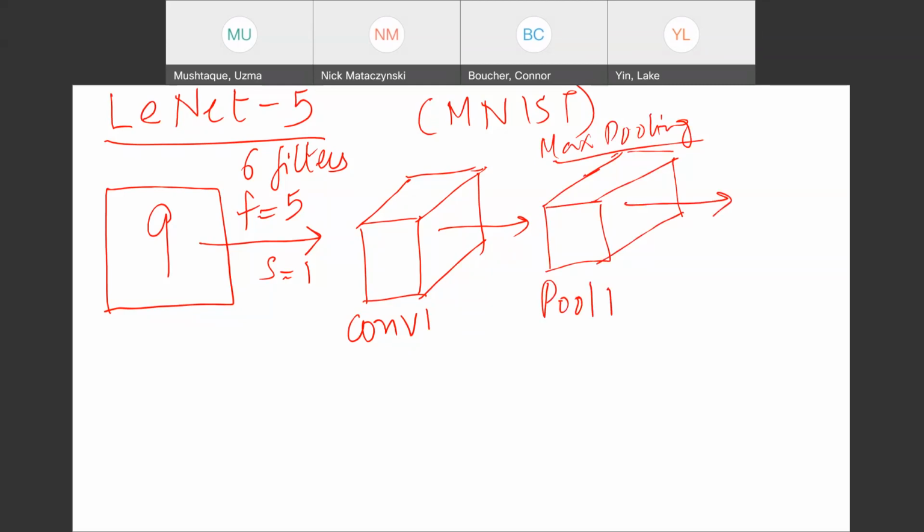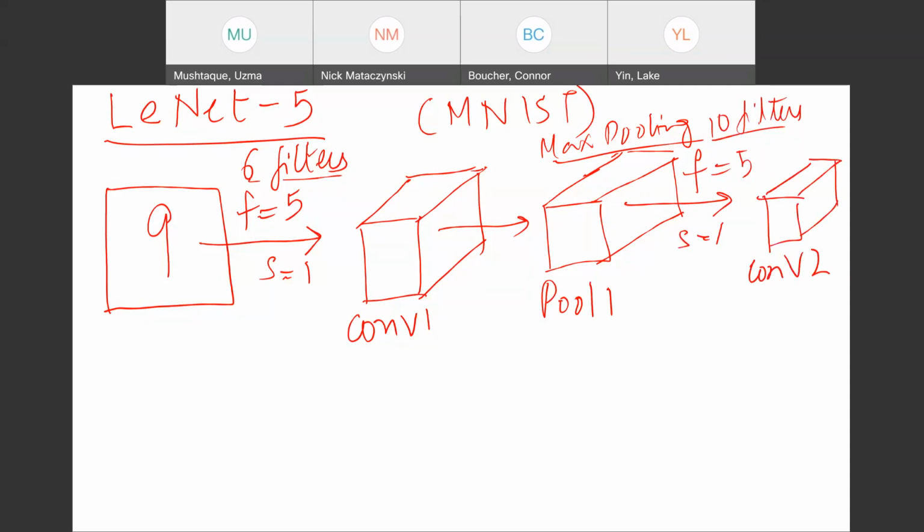And then you'll have another convolution layer with some filters, and here there are 10 filters that are applied. Now you must be thinking how do they come up with that? And that's the whole point of knowing the known networks, because you can go on forever changing the configuration of this, right? And so F is 5, S is 1, you get another conv2. So this is known as conv2. And then another pooling layer, max pooling. And then you get